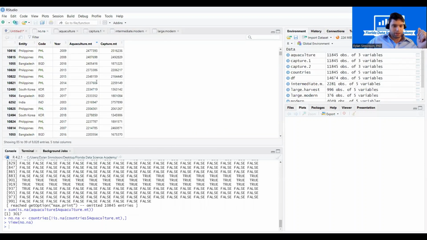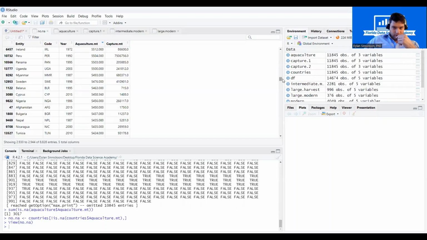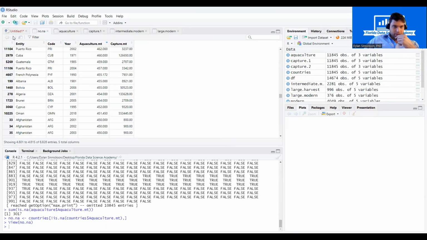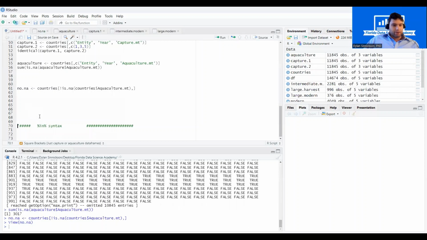Looks like my computer is a little glitchy, but I don't see any NAs that we were working with earlier. So I think we should be set in that regard, but let's just double check. We can use that sum function, and then we can do is.na, and we can call this new object that we created, node.na,